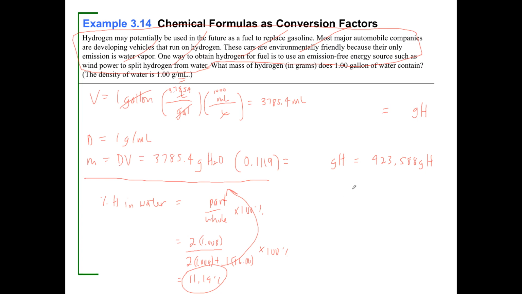grams of hydrogen. All right, so you see what I did? I found the percent of hydrogen in water. I first of all found the mass of water. Then I found the percent of hydrogen, and I multiplied that. That's my fraction of it, right? I took away the percent sign and just made it a fraction. All right, is equal to that. Now, how many sig figs do I have? I've got 3 sig figs here, 3 sig figs here. So this is going to have 3 sig figs, which is going to equal 424 grams of hydrogen. All right. So hopefully that's